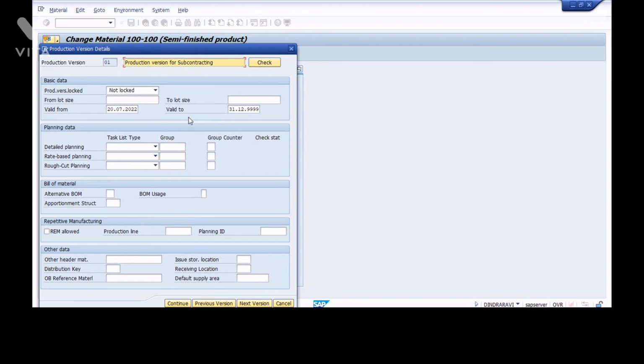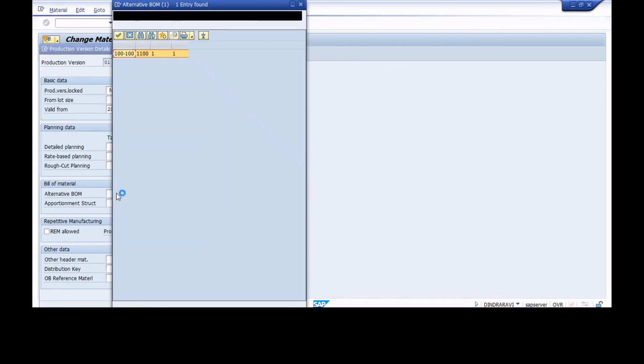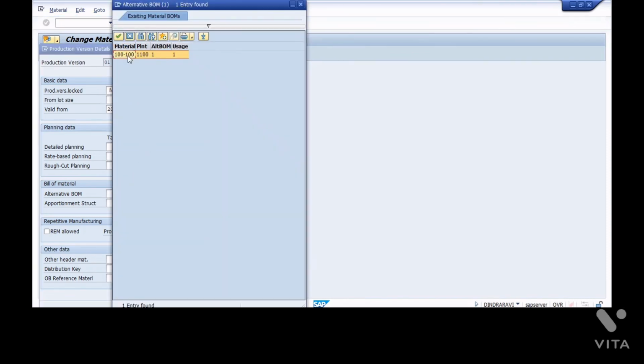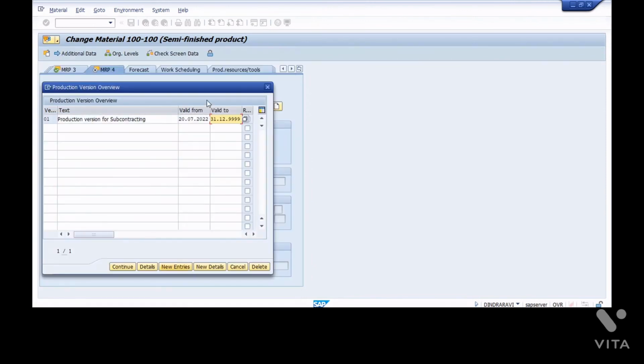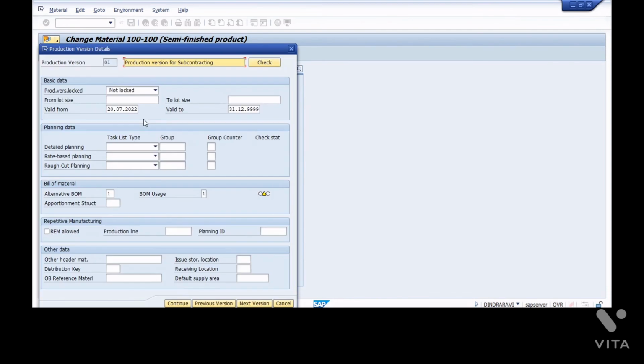Okay. Now here you need to mention what the alternative BOM is. In this case, what alternative BOMs we have will be displayed. So that alternative BOM you have to enter here. Inside that you have to enter the alternative BOM. And continue. Okay. And if we double click again,